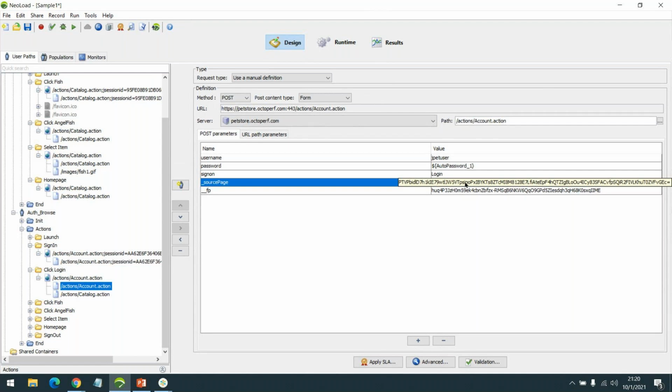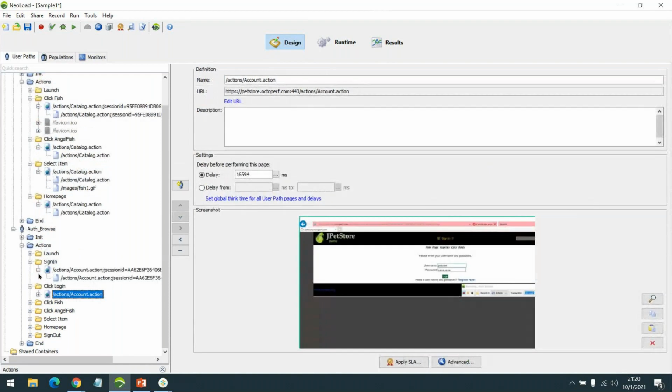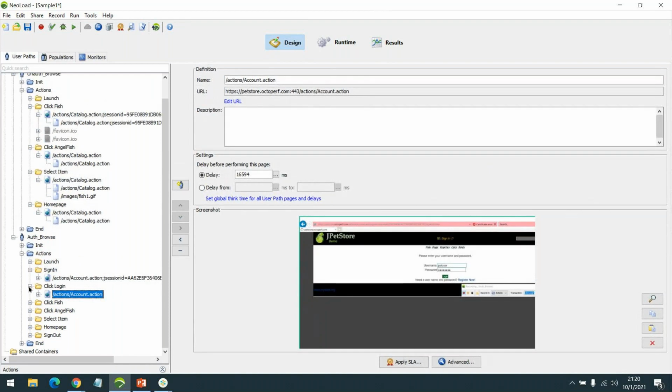We have to handle these dynamic values so that the script will work fine. Handling these dynamic values is called correlation.